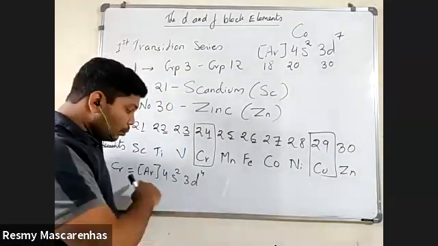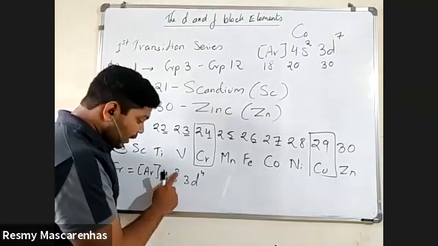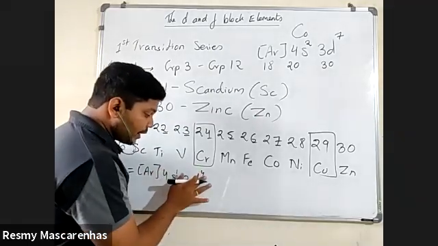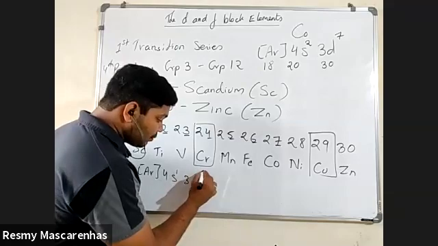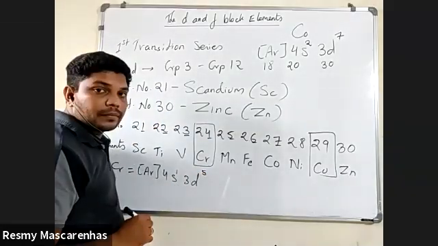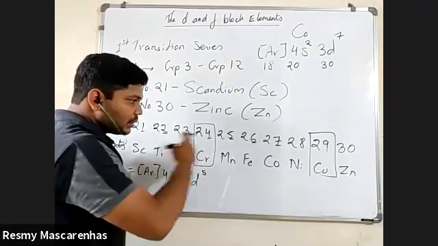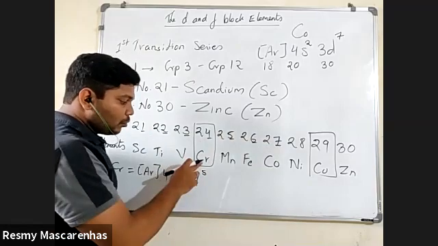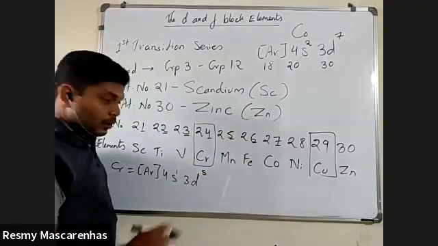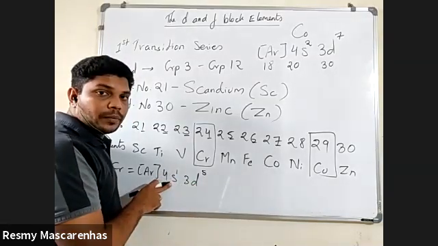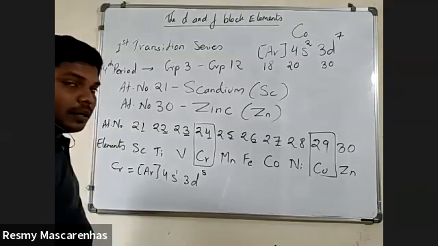So in that case, to make it stable, what will we do? We will take 1 electron from this s orbital and write it here in the d orbital, and we will make it 5. This is called an exception, something extra we need to do. But this is not required in other cases. It is required only in chromium and copper. So in this case, you will write 4s1 3d5. Now this is stable, yes or no? Yes. So this is the correct electronic configuration for chromium.